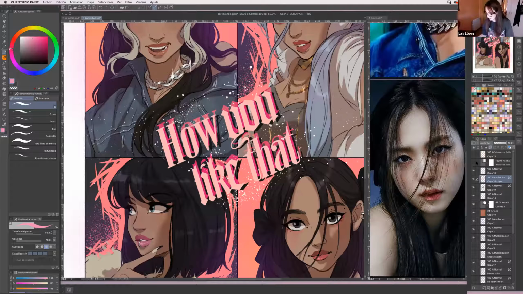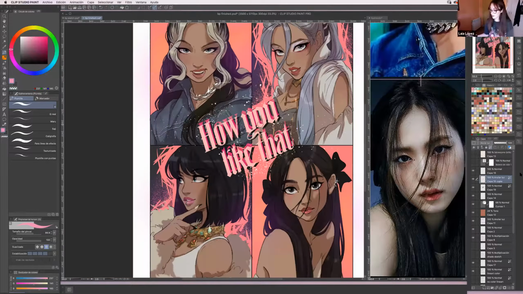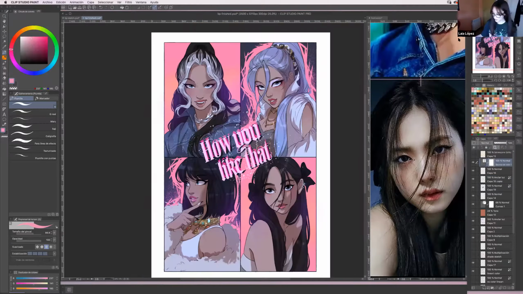And then I just added on top of everything the color balance layer. This has to be on top of all the layers, so it applies to the entire drawing. And then, remember, this was a sketch. This is the final thing. So in the sketch,